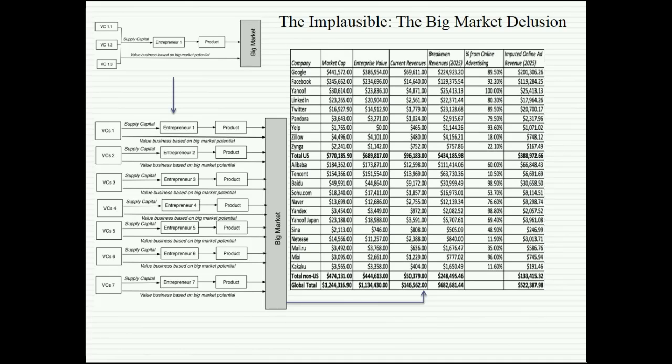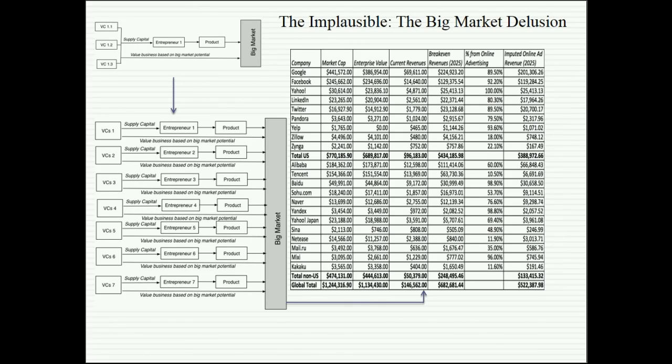Do you see what's going to happen in this market? Each cluster is going to think it's going to be the winner. Each cluster is going to value itself on that assumption. But if you add up all 100 clusters, what are you going to find? That collectively, they've overvalued themselves. This is what I call the macro delusion. It happens every time there's a big market. It's not a bug, it's a feature of this process.